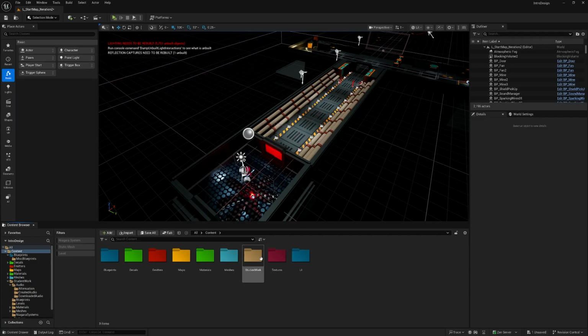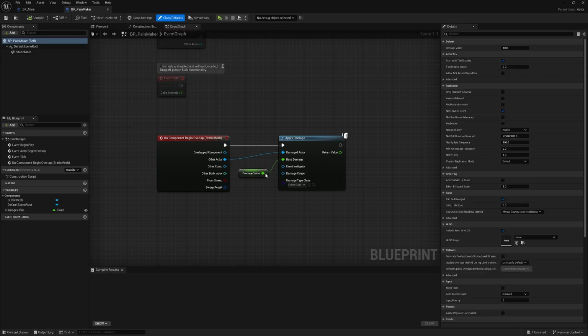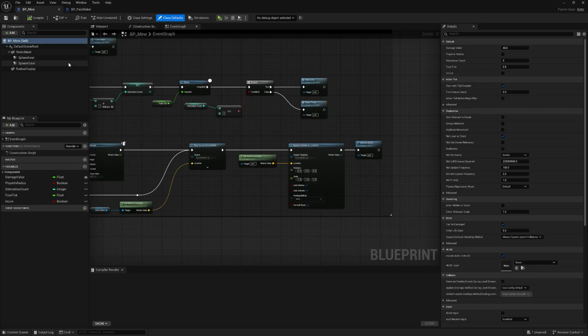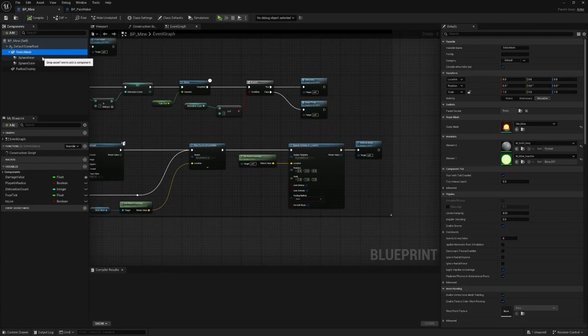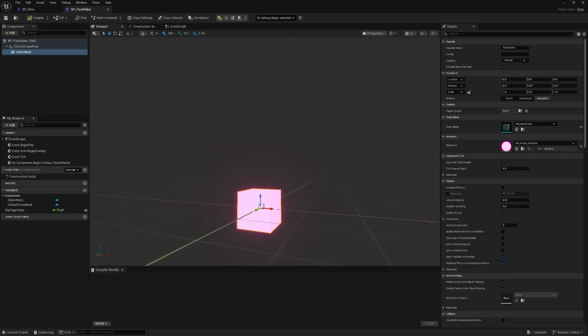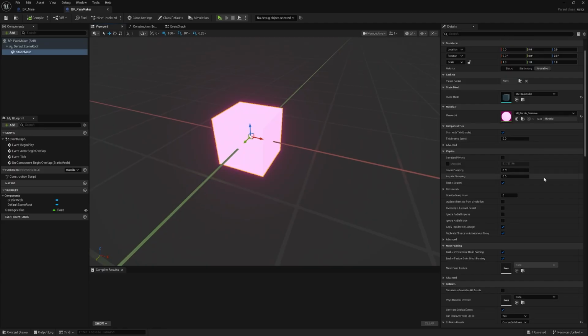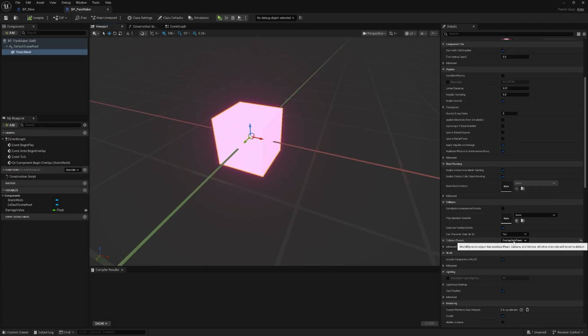So to jump back to the blueprints that I've made, we're going to go to the pain maker. That's probably the most basic thing. We have a static mesh in the viewport, and there's collision set to overlap only pawn,